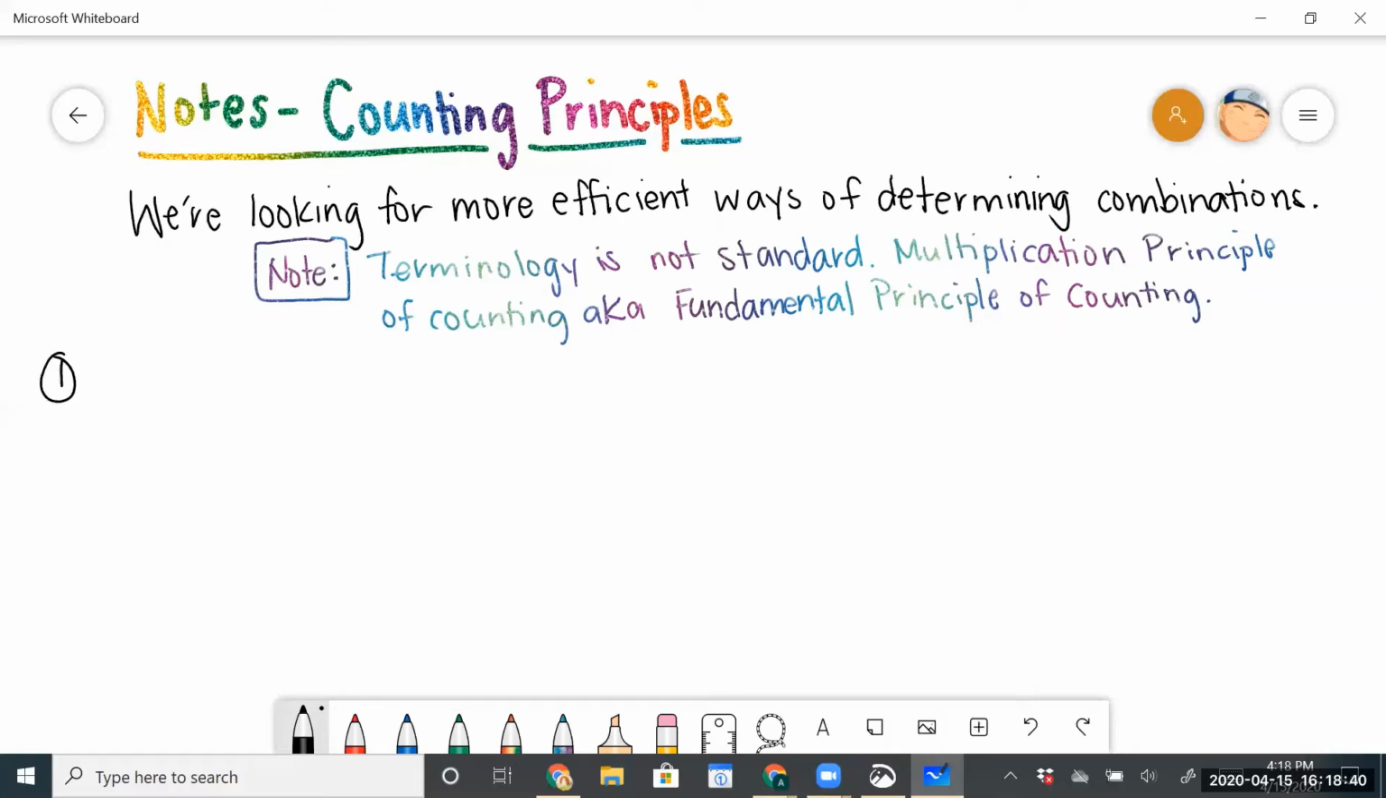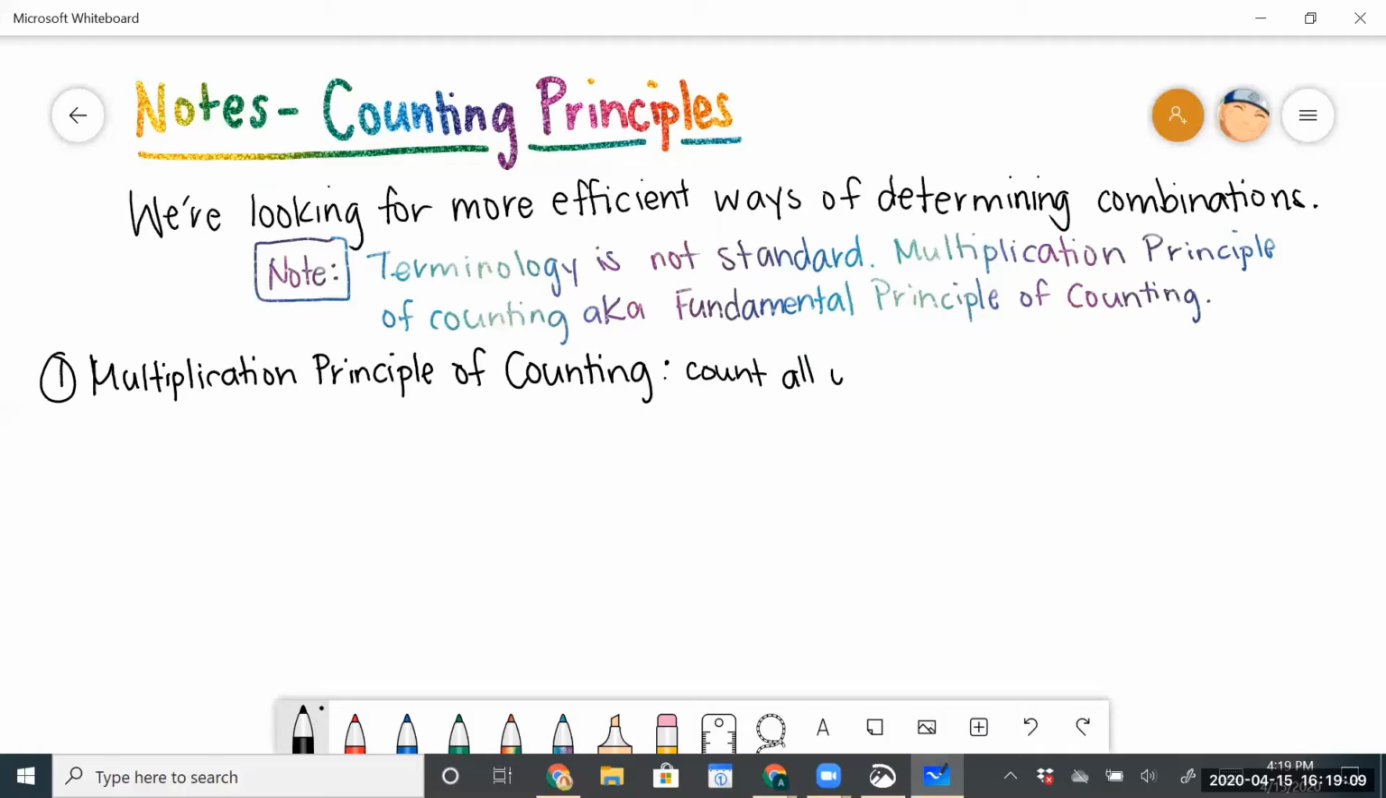So here's our first one, okay? And again, I mentioned that we are starting with the multiplication principle of counting. Okay, and many of you guys intuitively understood how the multiplication principle of counting works. Okay, so pretty much what it is, we are counting